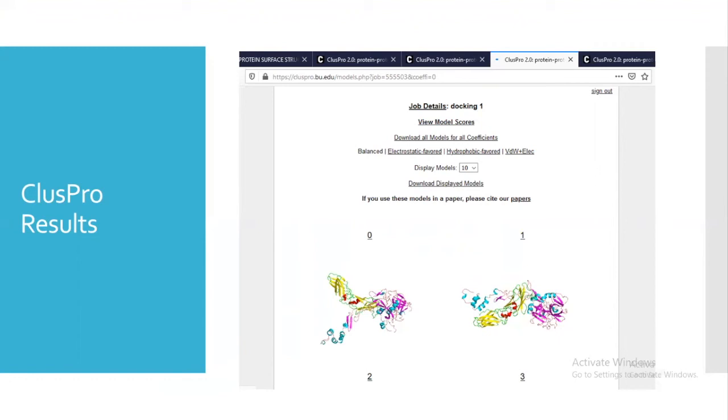Once we know the binding domain, then we will know whether this ligand protein has actually bound at that particular space or not. If it is correct, and the score is also good, then we can consider those structures.